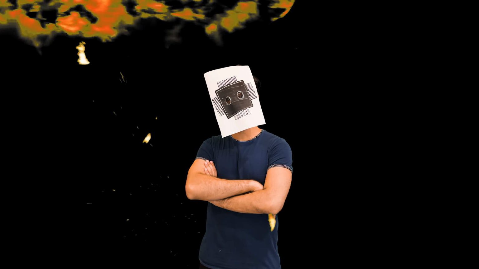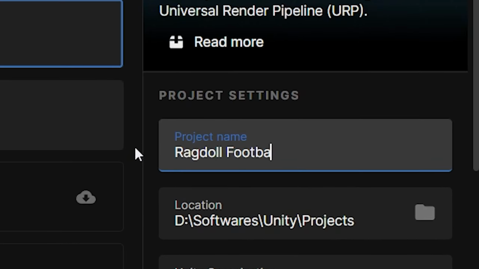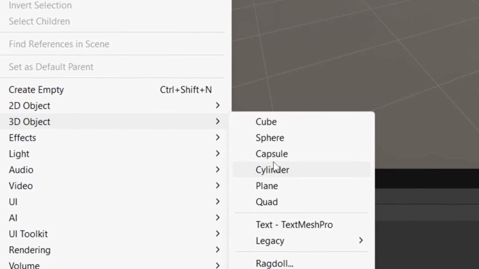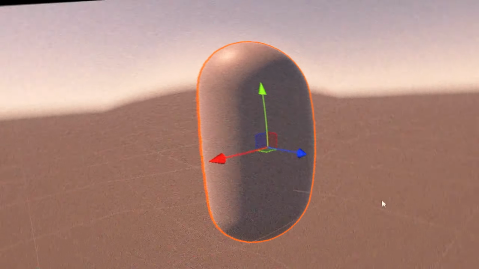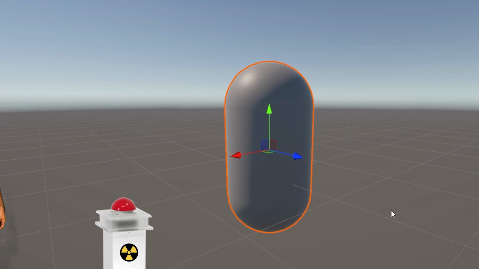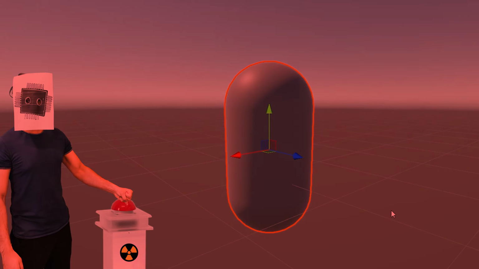Alright boys, it's time to make a football game with physics. So first we create a new Unity project and like always we add our player Mr. Beano. But we don't actually need Mr. Beano for this game, so I'll quickly just